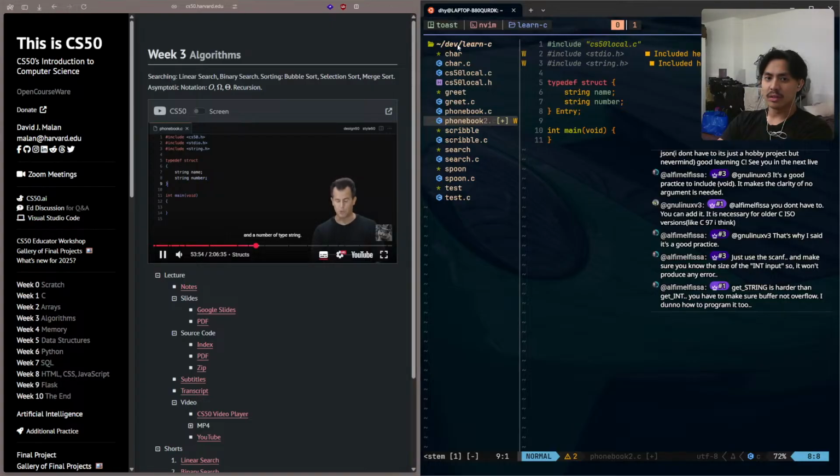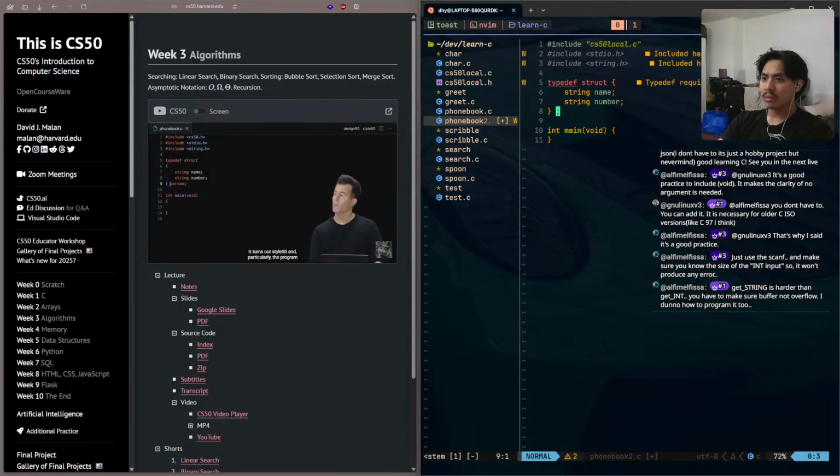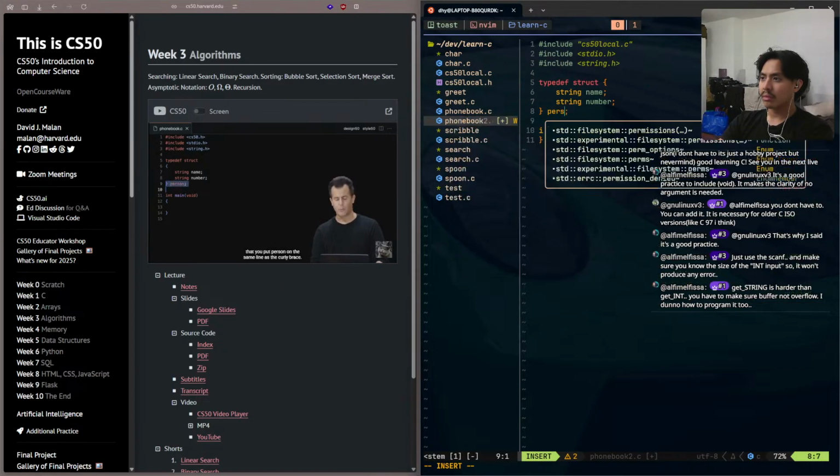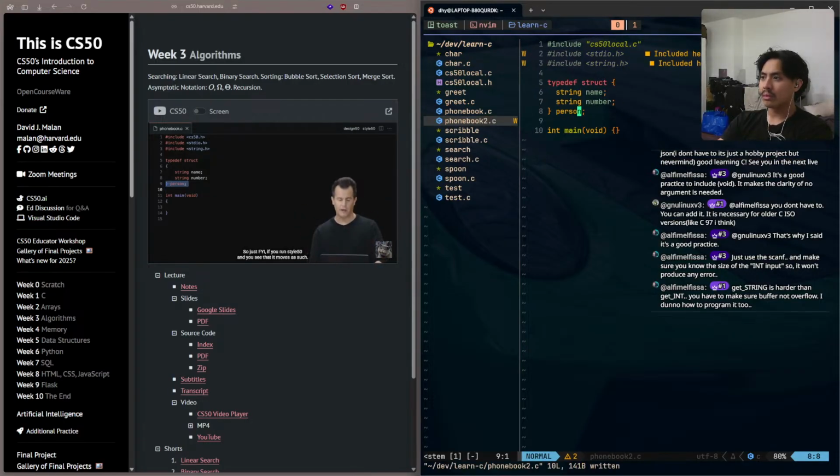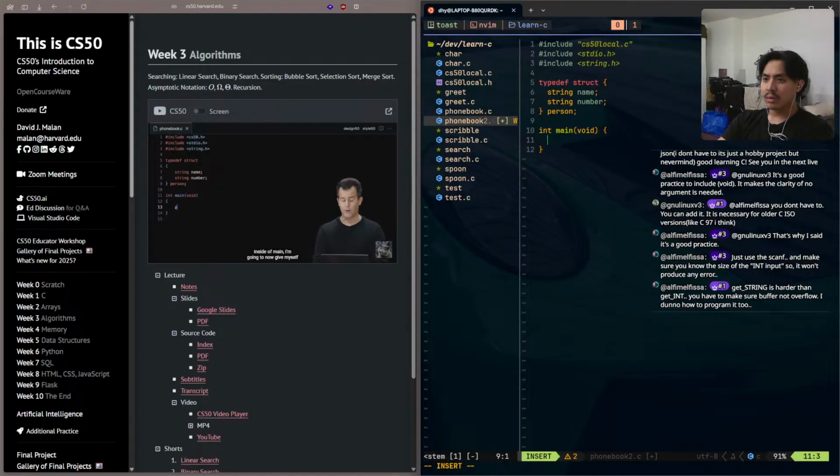And a number of type string, and I'm going to call that whole thing a person. Turns out style50, and particularly the program we're using underneath the hood, weirdly prefers that you put person on the same line as the curly brace, so just FYI if you run style50 and you see that it moves as such. Inside of main, I'm going to now give myself an array of type person called people